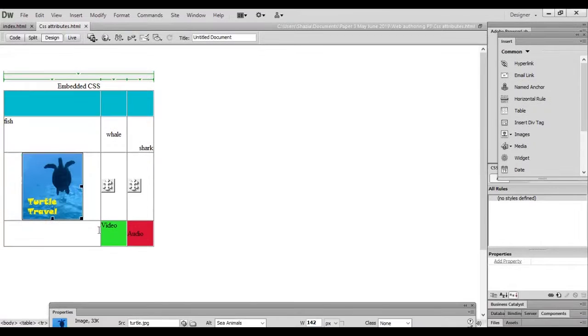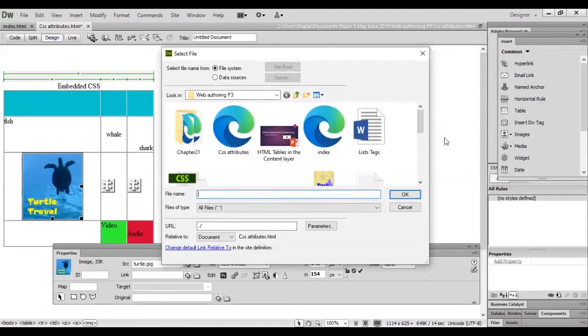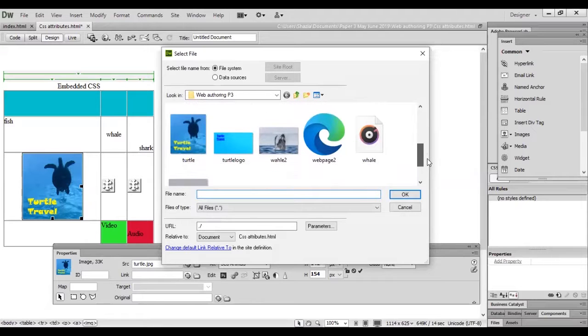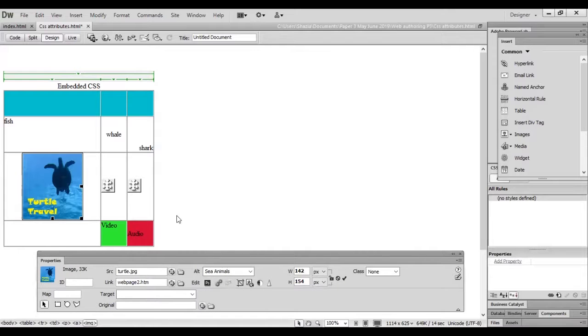So now on this image, I want to create a link with another page of this website. So just click it and find a file, browse it. Suppose my file is this; this time I want to create a link with this file. So double click on this, so it will create an external link. So when you view this web page, it will open another page for us.